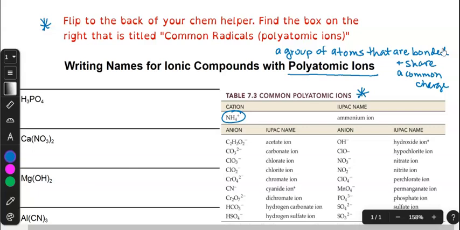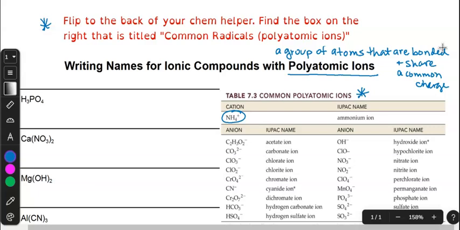So how can you tell just by looking at a formula that you have a polyatomic ion? The easiest way is to look for the number of capital letters. If you only have 2 capital letters, that means that you don't have a polyatomic ion. But if you've got 3 or more capital letters in your formula, you definitely have a polyatomic ion. And in order to name it, you've got to flip that chem helper over so that you can find the polyatomic ion. So if I'm taking a look at my first example here, we have